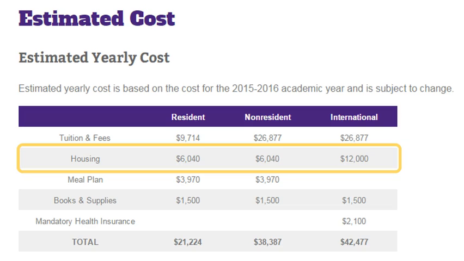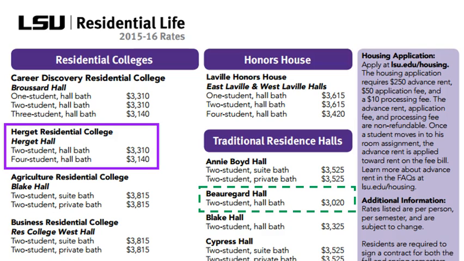Next, we're going to look at the housing. Across the board, for the resident and the non-resident student, it's the same, but it's different for an international student. So, for example, we will be using the resident and the non-resident student, and it's $6,040. In looking at the different residential colleges, the dorms, the halls that LSU has, to come up with the $6,040,